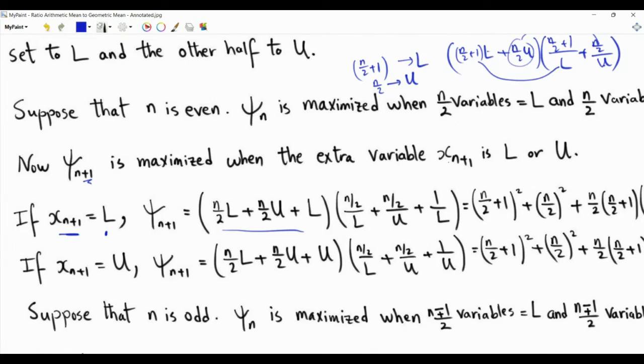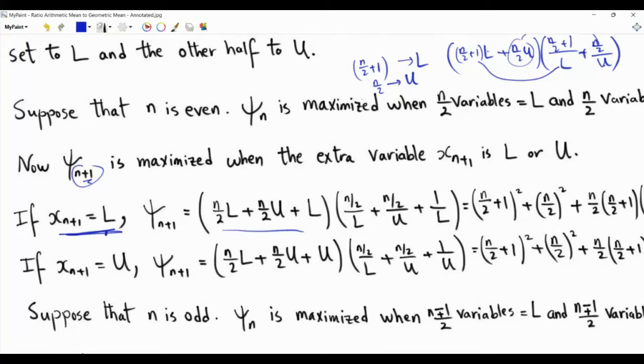The number of variables, n plus 1, will be odd when n is even. And if we make this choice, then n over 2 plus 1 will take the value L, and n over 2 will take the value u,